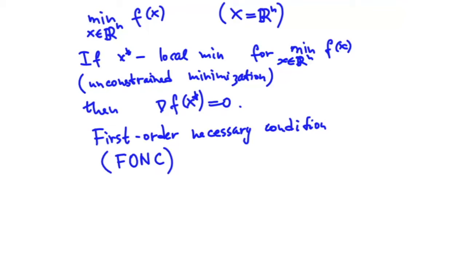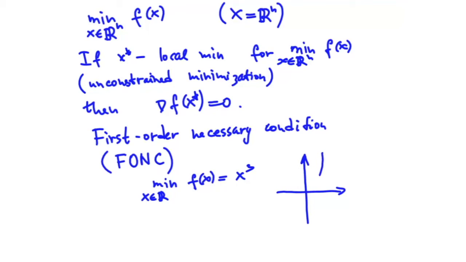So let's consider the problem of minimizing f of x equal to x cubed. So we're talking about a one-dimensional problem. The plot for this function will look like this. If we take the gradient, in this case just the first order derivative, f prime of x is 3 times x squared, and if we make it equal to 0, then the only solution we have is x equal to 0. Alright, so the point 0 is the only candidate point for a local minimizer here,